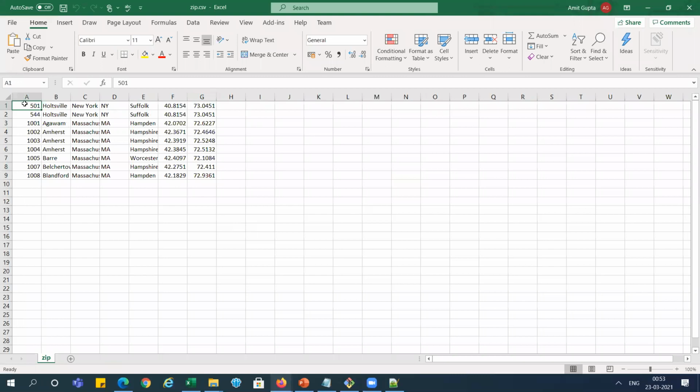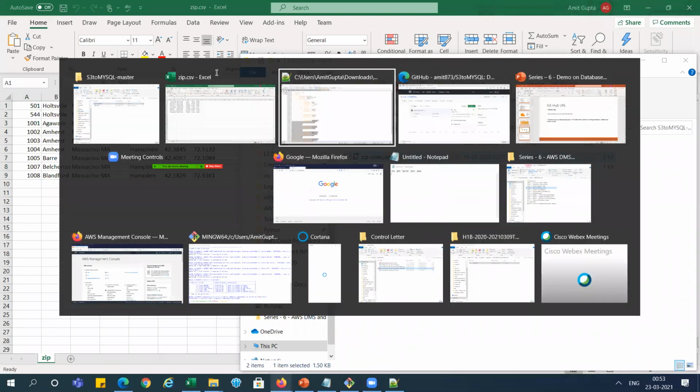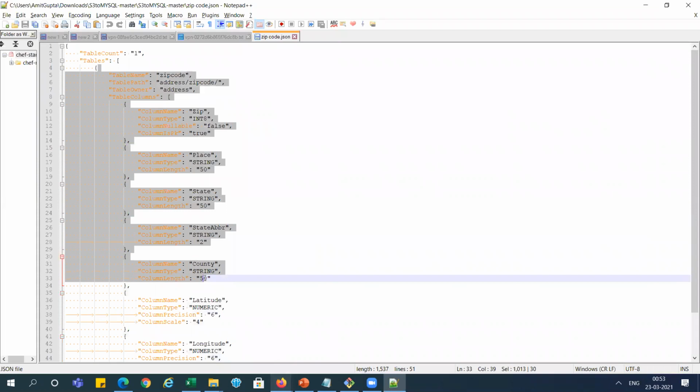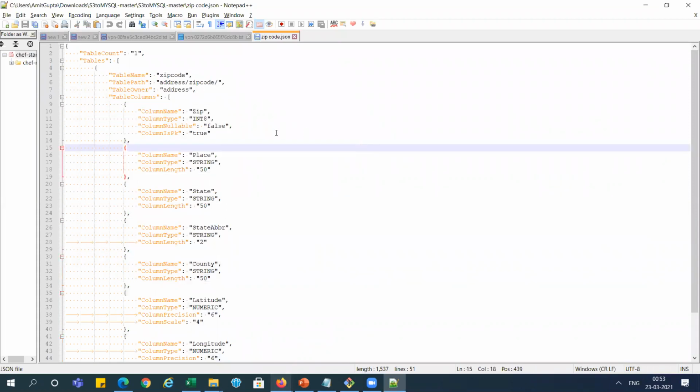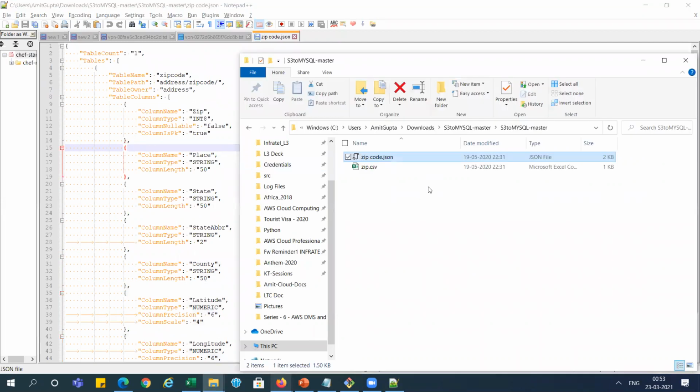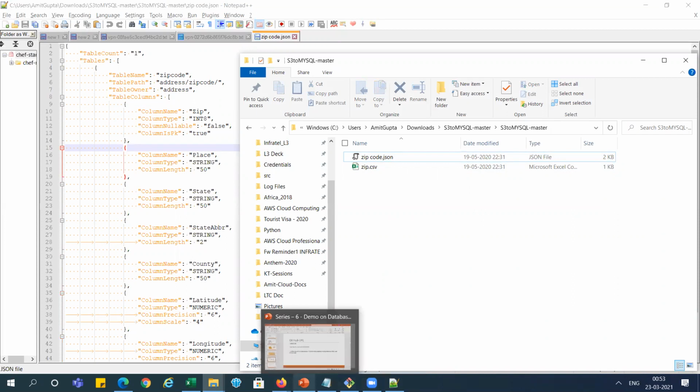This CSV file, right? The header is in here. So we will use this data and put all those details in the MySQL table. This is our target. We have copied the sample data here, and we will put this data file to S3, right? So let's go and start.